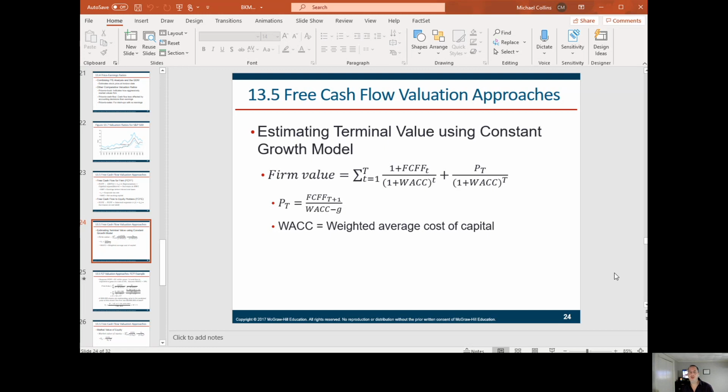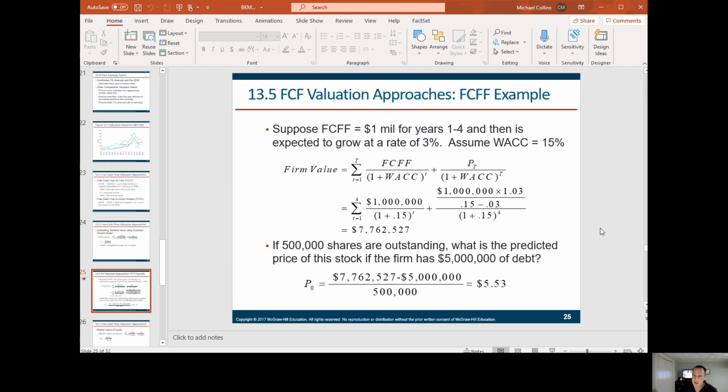So one way to make money in the market is if you can predict firms that might increase their dividend. You can look at firms that are already paying a dividend that have increasing cash flows. And then, estimating the terminal value using the constant growth model. Again, these are a lot of hypotheticals. I don't chug these formulas out too often here. They're more academic, but free cash flow over weighted average cost of capital is another formula. At the end of the day, this is another discounting formula where you're discounting future flows of cash that are happening at some point in the future.